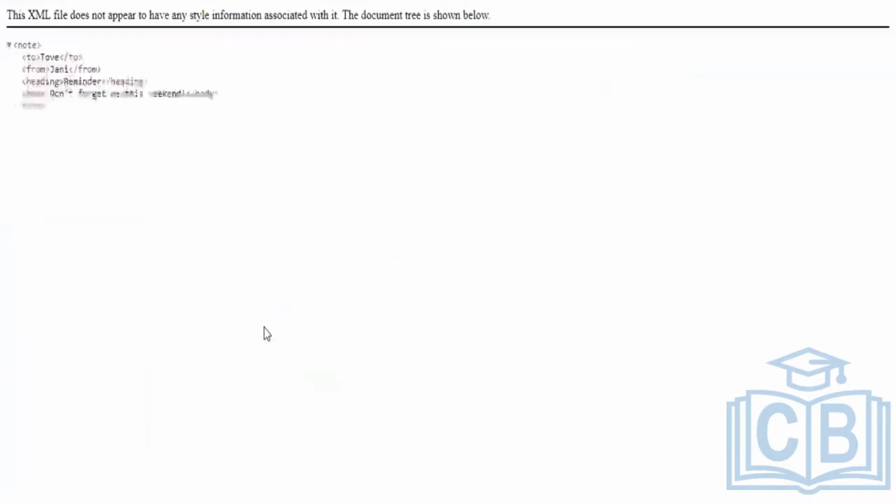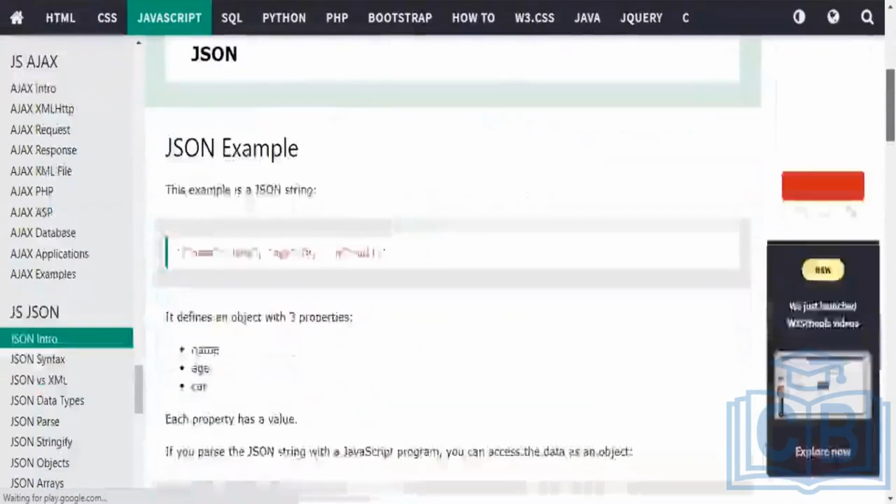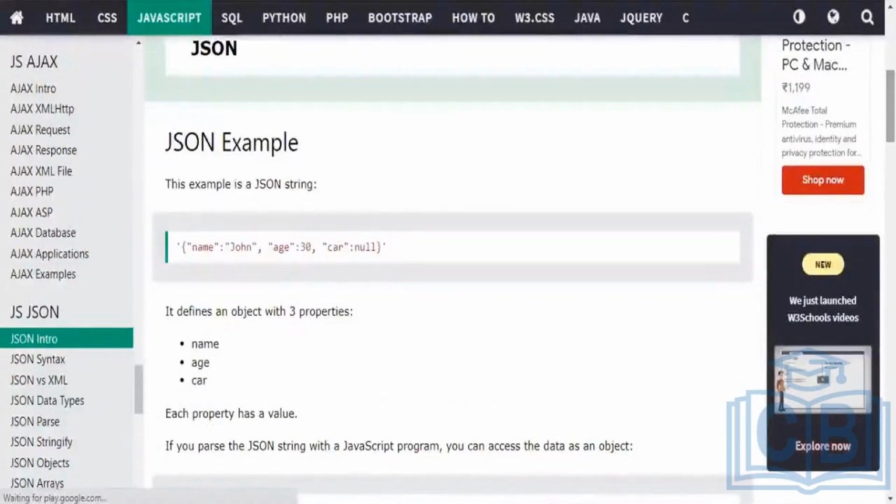See, this is how an XML file looks. It has to, from, heading and body. In the case of JSON, if you search for sample JSON, you see it looks like braces and quotations. The first thing is the property: name is a property, and John is the data.